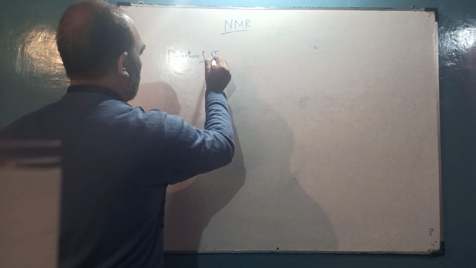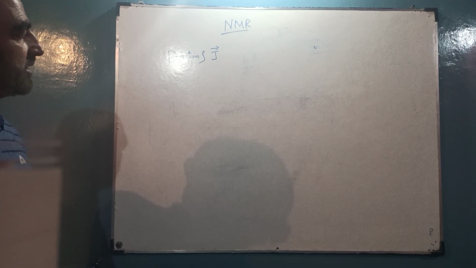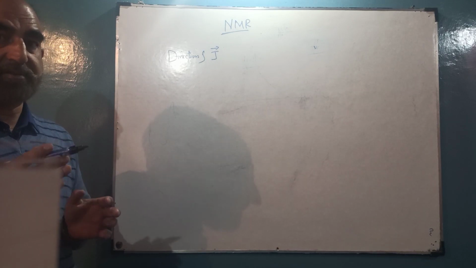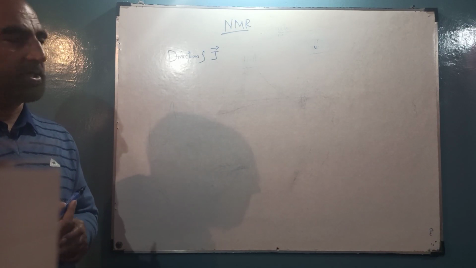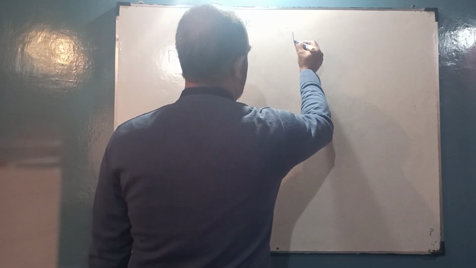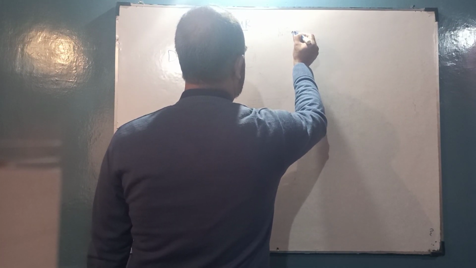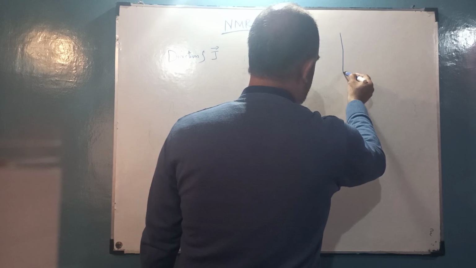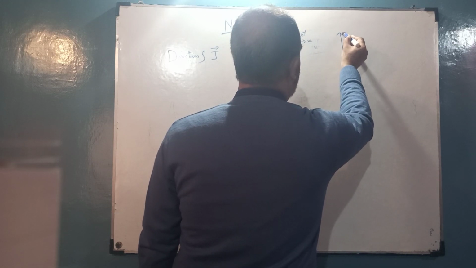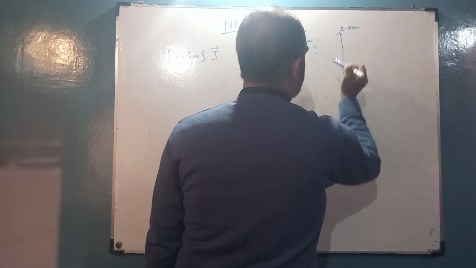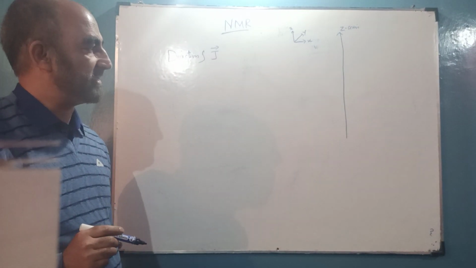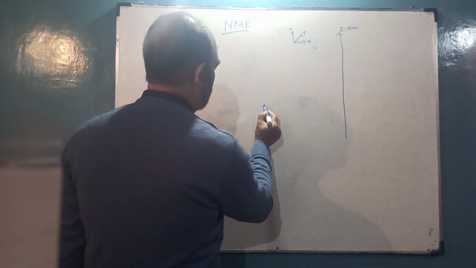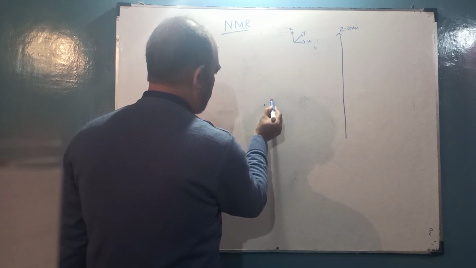Direction of the angular momentum vector. First of all, when we say the direction, it is always with reference to some reference axis. So we choose a reference axis. Say, for example, if this is the x-axis, this is the z-axis, and this is the y-axis, we may choose the z-axis of the Cartesian coordinate system as our reference axis. So this is the z-axis. We choose this as a reference axis. Then we can have a particle undergoing a rotational motion, say, in this plane.